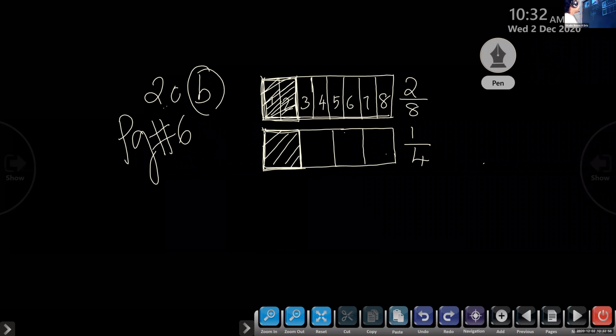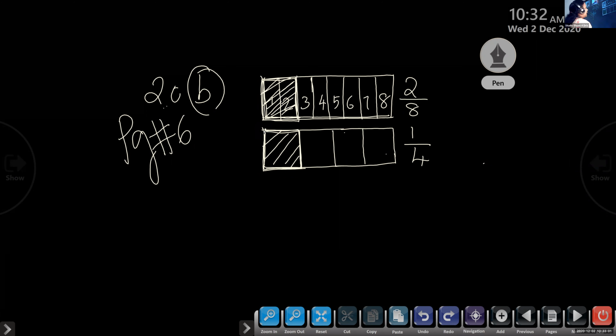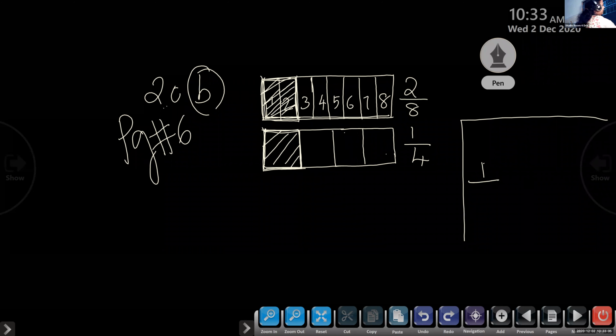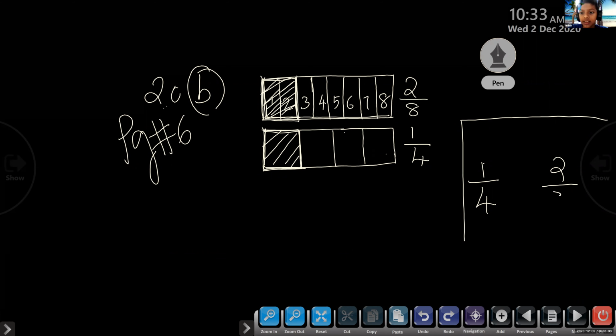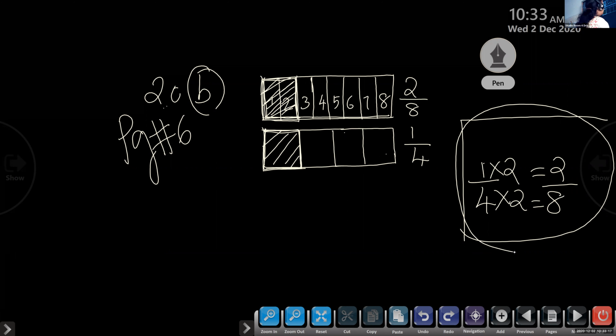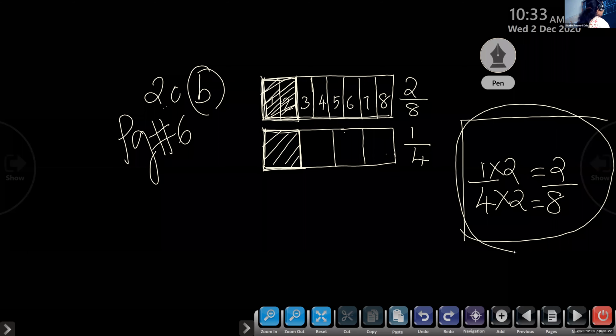Okay. So children, another method I show you. How we can make 1 by 4 into 2 by 8: cross multiplication. We multiplied by 2. So you'll get 2. 4 2s are 8. No need to write this. But from the picture itself, it is clear. 1 by 4 and 2 by 8, they are equivalent fractions. So we can write, in 2 months she increased an equal amount of height.